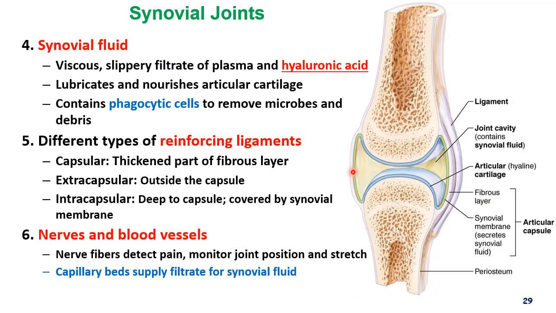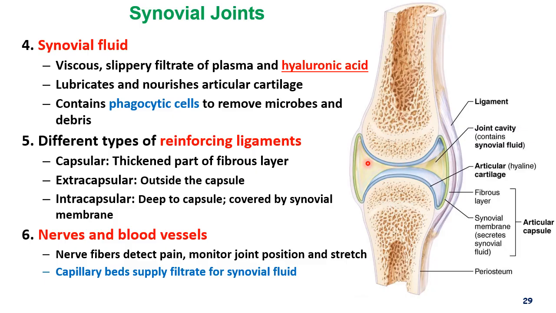Remember the easy water? Yeah, like all the way from the beginning of past life in A&P1? Easy water? So now we're talking about some type of easy water in your synovial fluid as well. So you have this gelatinous-like substance that feels more like egg whites. Okay, that is filling up this cavity right there. And mainly you're going to have a lot of hyaluronic acid. Actually, some treatments for degenerating joints, especially knee joints, is injection of hyaluronic acid to replenish the fluid and allow a better cushioning of